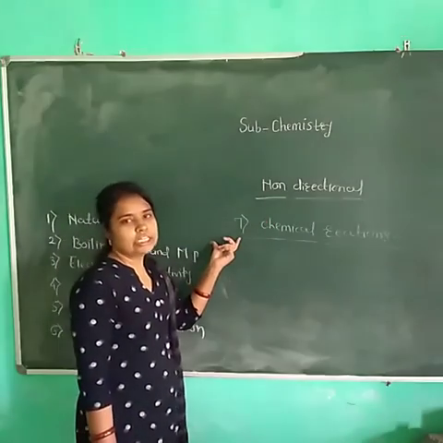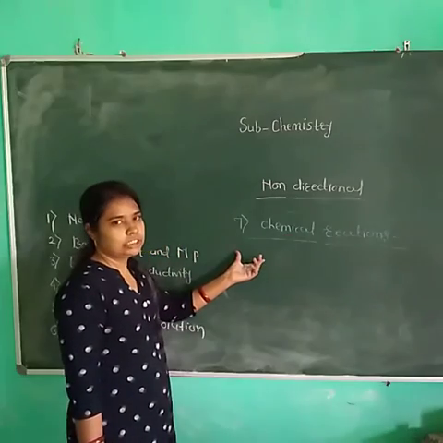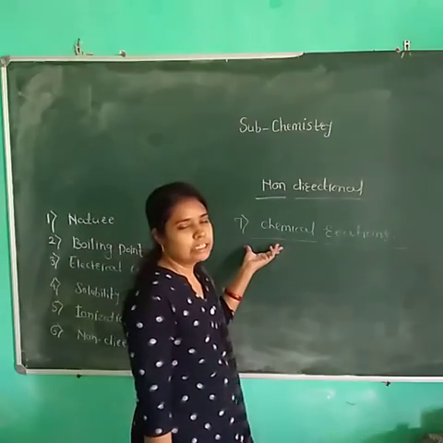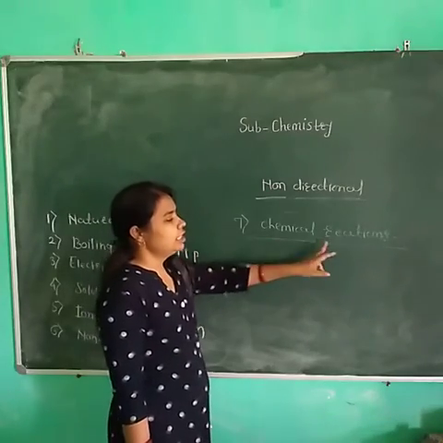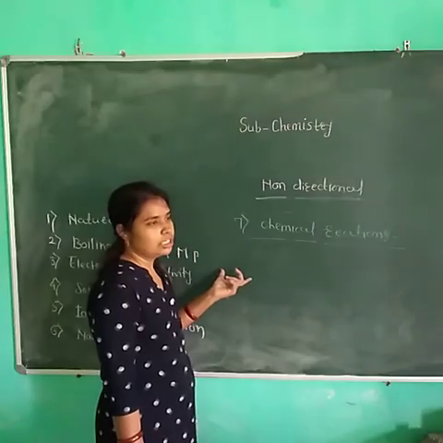And the last characteristic is the chemical reaction. What is the effect on the chemical reaction? The rate of the chemical reaction is always high in the case of the molten state, and it is very low in the case of the solid state, because